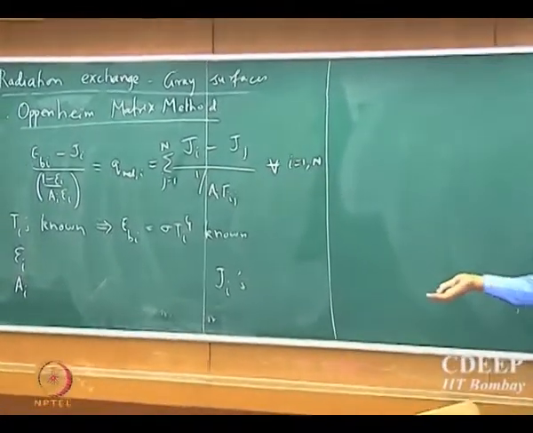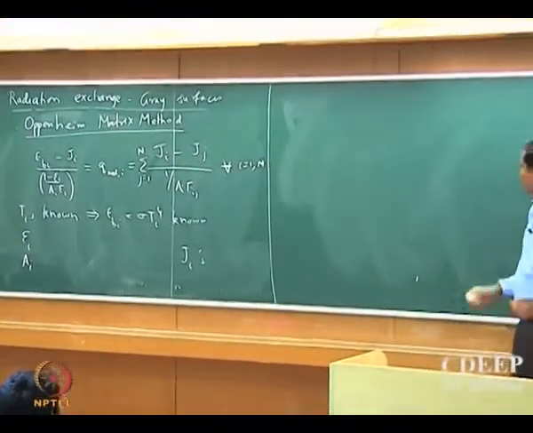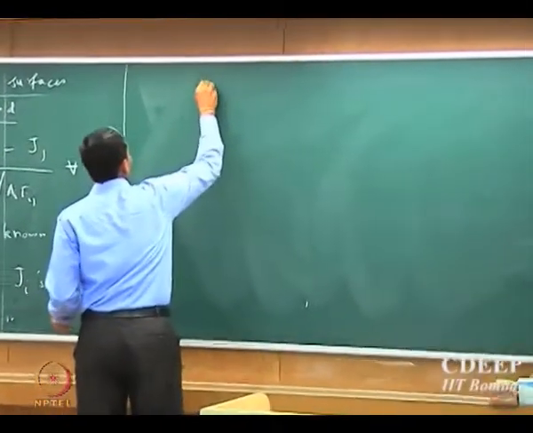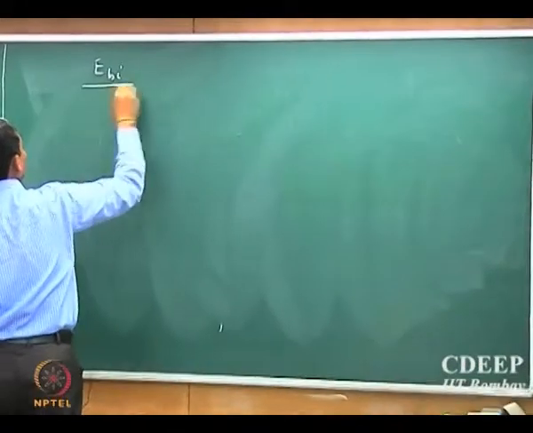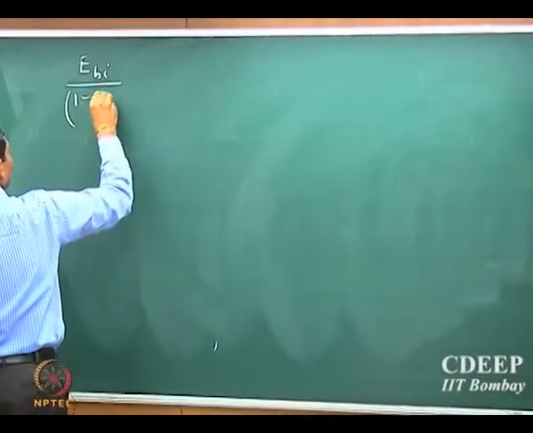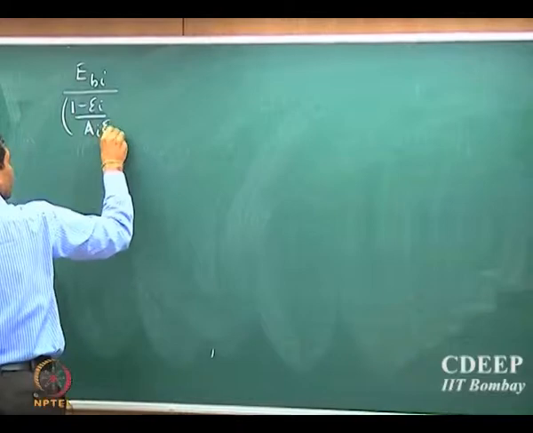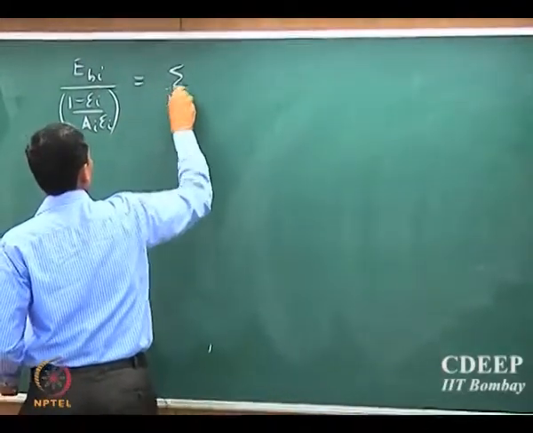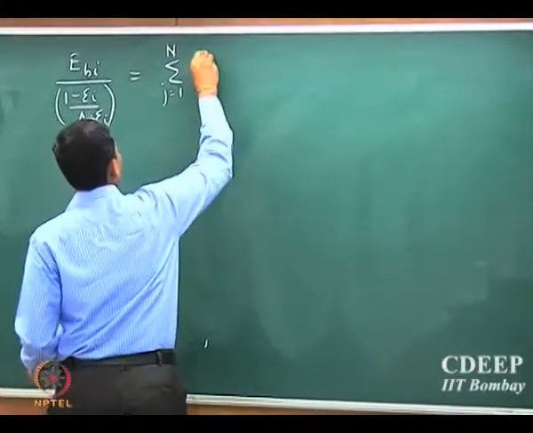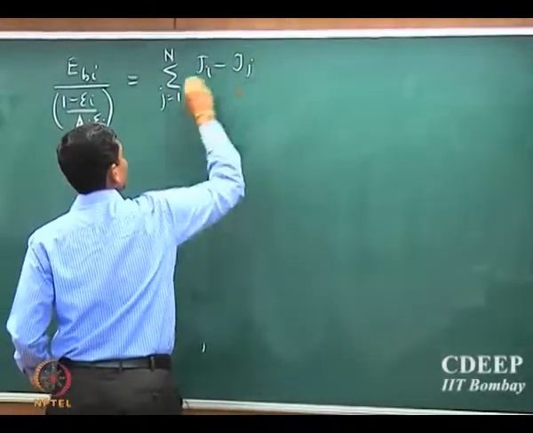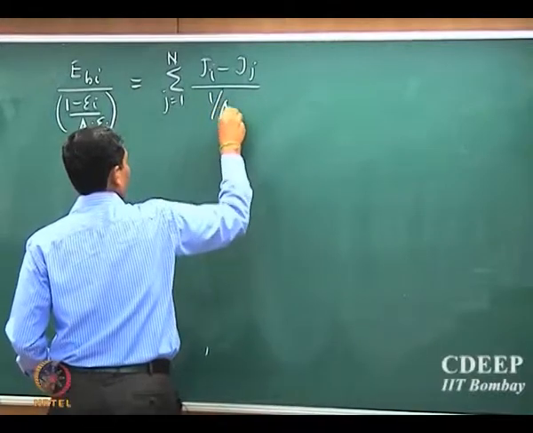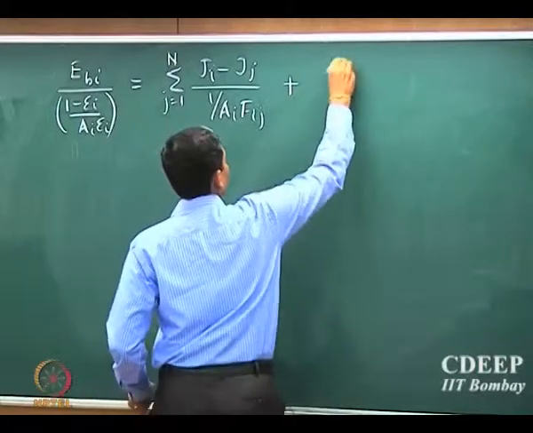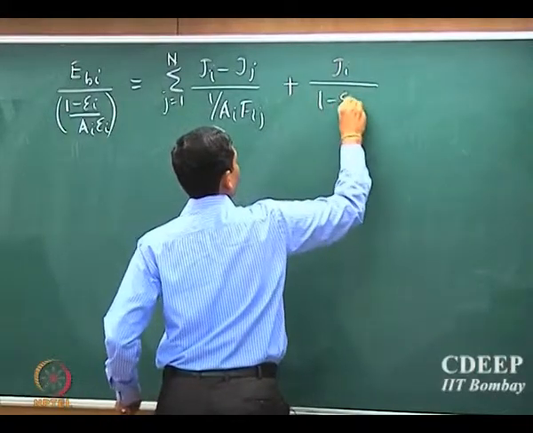It's linear in J, so we should be able to find the solution. The way to represent this is, EBi divided by (1 minus epsilon i) by (Ai epsilon i) is equal to sum j equal to 1 to n of Ji divided by 1 by (Ai Fij) plus Ji by (1 minus epsilon i)